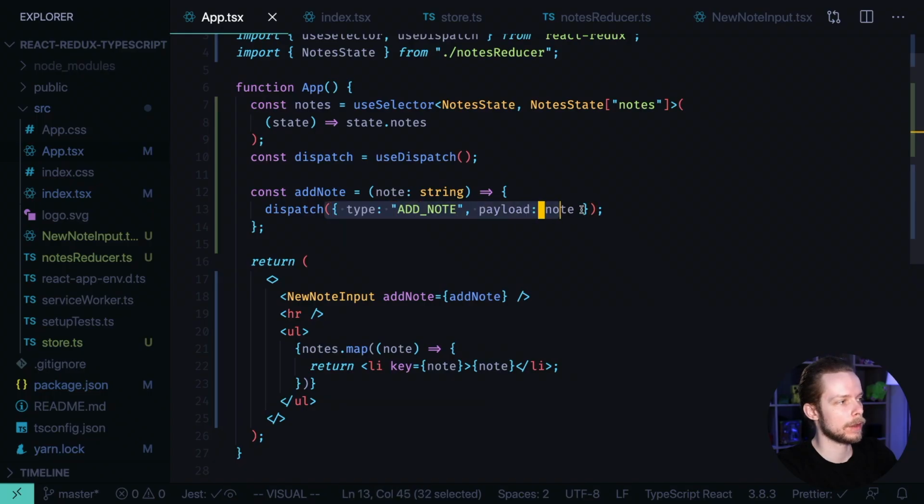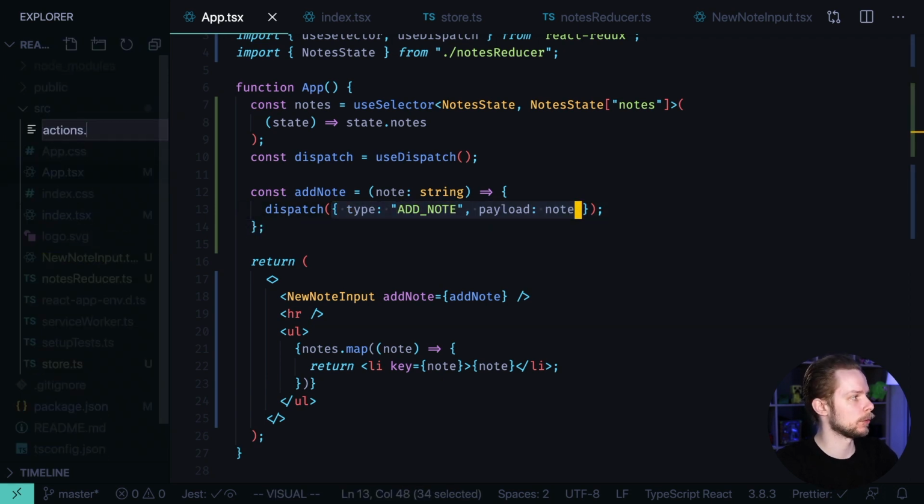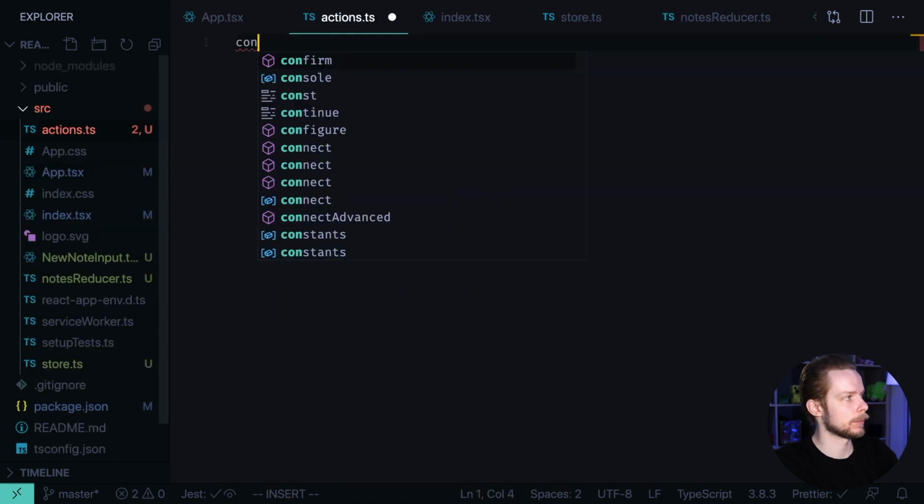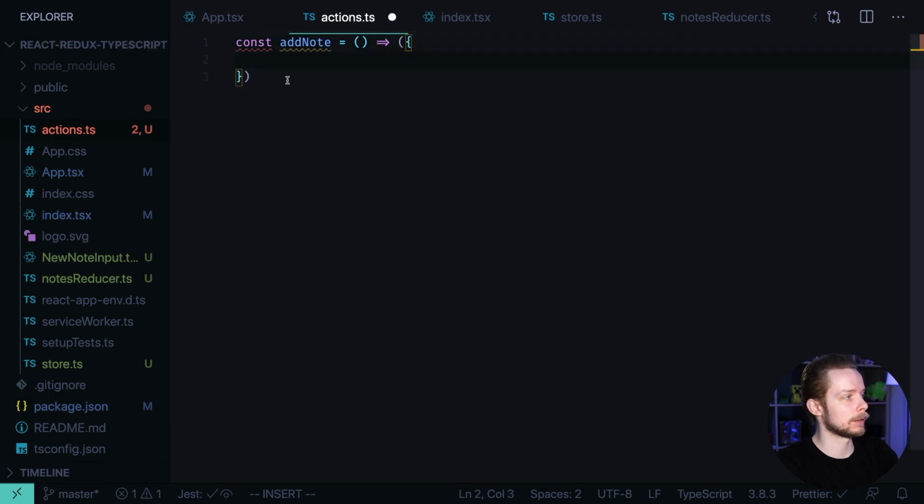Right now we create the add node action manually, and it has a lot of possibilities for mistakes. For example, we could make a typo here, or just misformat it, or do some other type of error. Let's create an action creator function that will create the action for us. Let's create a new file called actions.ts and create a function here. Const add node equals a function that returns an object, and here we can use the type of the action